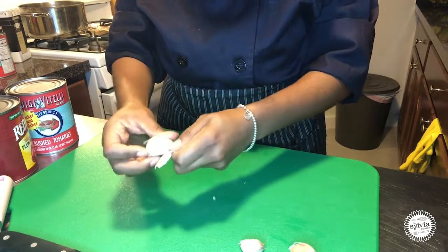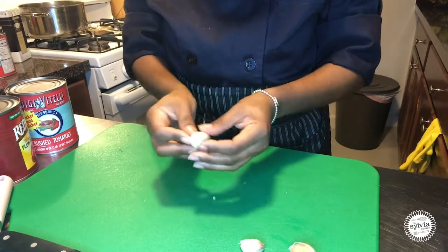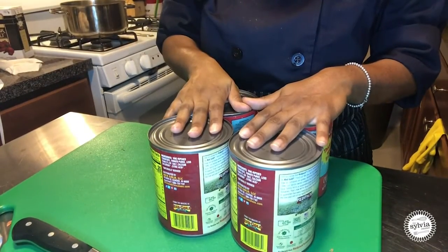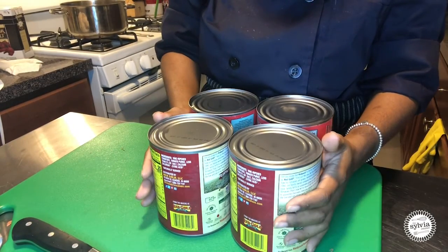You can put a little bit more pressure on it and it helps it pop off. But we're going to do this for all of our garlic. So now I am ready to open up my cans of tomato product, and then I'm going to get them